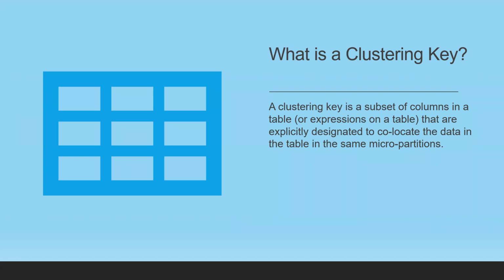And what is a clustering key? A clustering key is a subset of columns in a table that are explicitly designated to collocate the data in the table in the same micro-partition. This is useful for very large tables where the ordering was not ideal or extensive DML has caused the table's